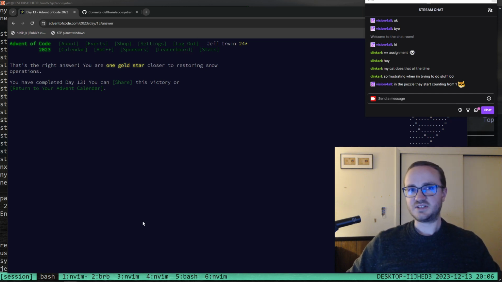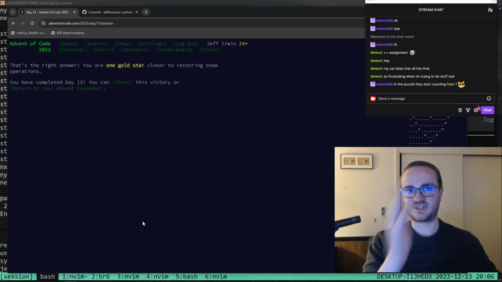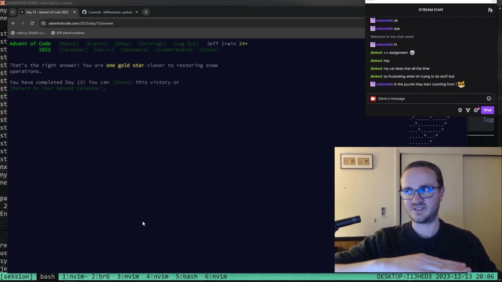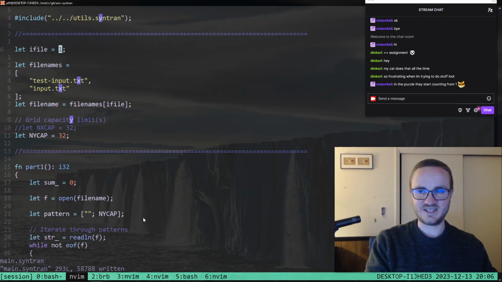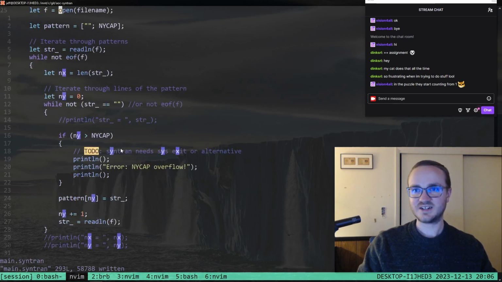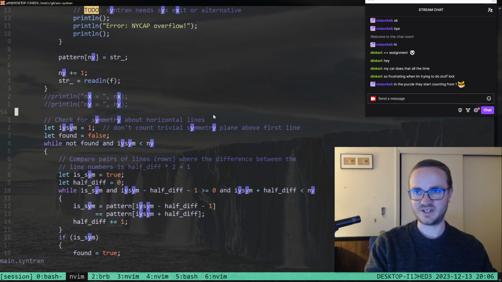Part 2 would have been easier if I had a better way of handling character matrices or vectors of strings. The right way to do this would be to use character matrices from the beginning. Then I would have had a more consistent approach for parts 1 and 2, and for checking vertical lines versus horizontal lines. But I thought doing a vector of strings would be a shortcut because it did make part 1 a little bit easier. Like part 1, when I was checking for symmetry about horizontal lines,